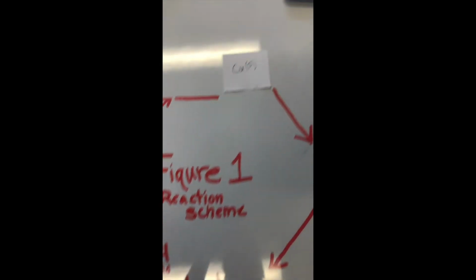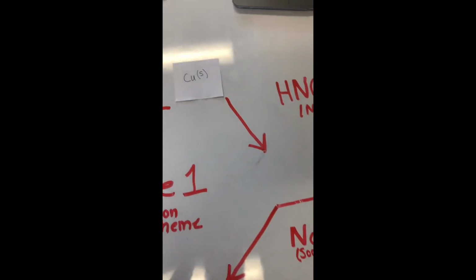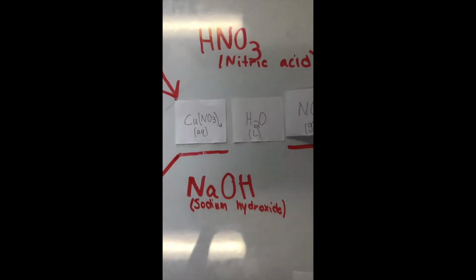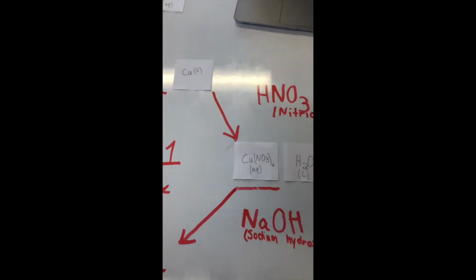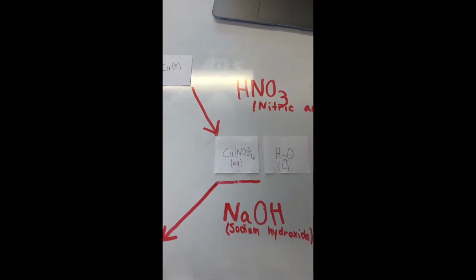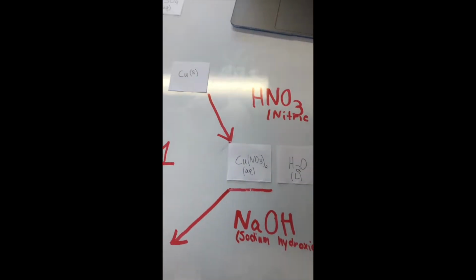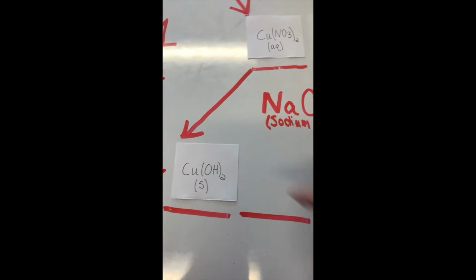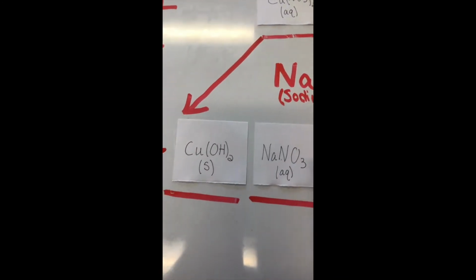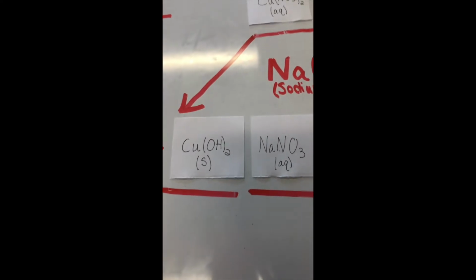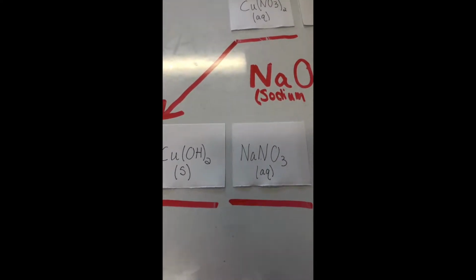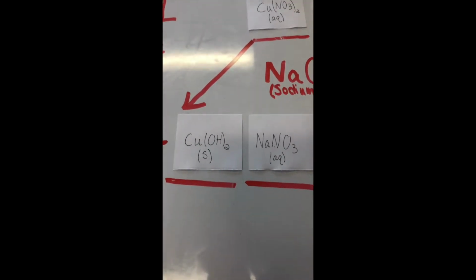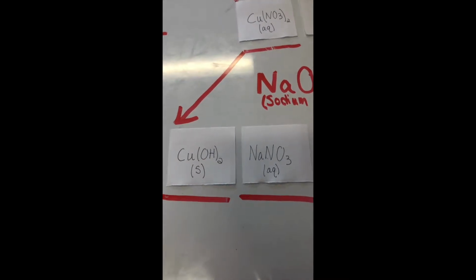Figure 1, reaction scheme. By adding copper to nitric acid, you get copper nitrate and nitrogen dioxide, and during this stage a brown gas appears and at the bottom is quite red. Next we add sodium hydroxide to get copper 2 hydroxide and sodium nitrate, and this forms at first a clearish light blue color, and it starts to thicken almost like a gelatin, and eventually develops into a darker blue, almost